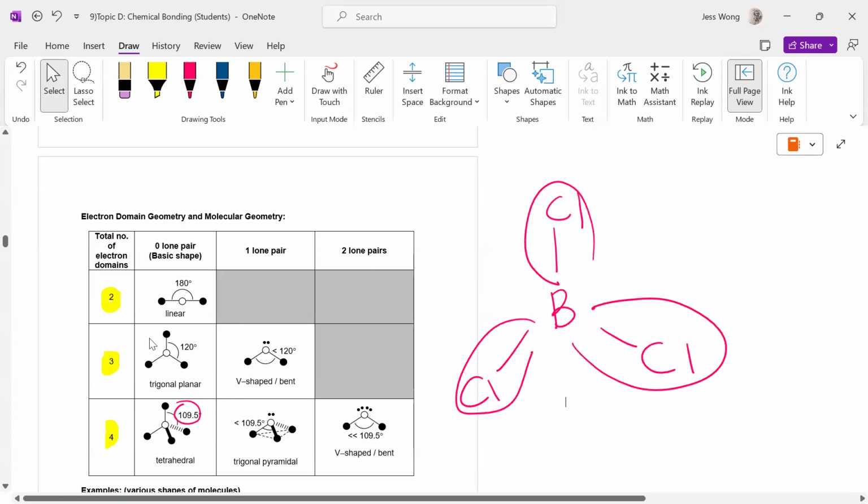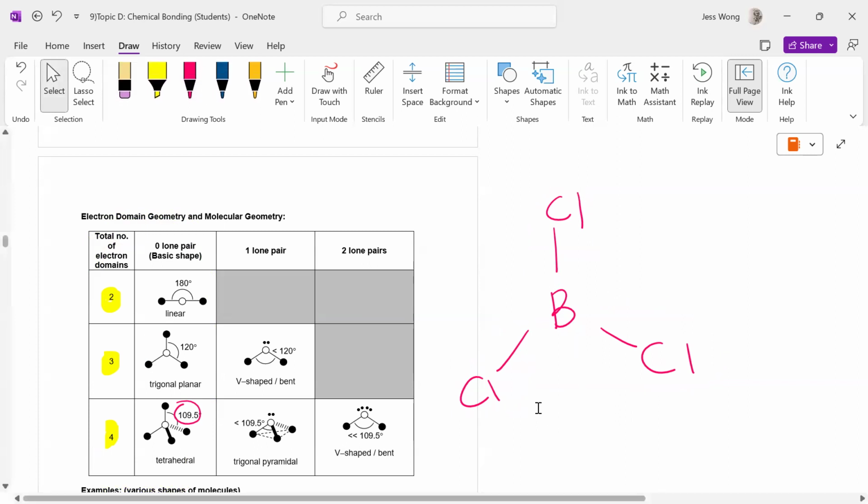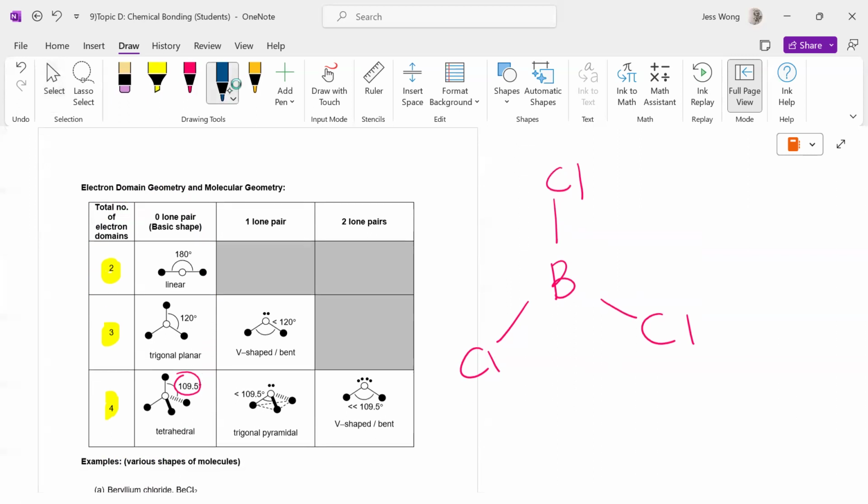Remember, the molecular geometry, or the shape, is what you see after you cover up the lone pairs. But in this case, there's no lone pair. So if there's no lone pair, what I will be seeing will be this again. Therefore, the molecular shape is also trigonal planar. Okay, do you understand? So basically, for shapes without lone pair,